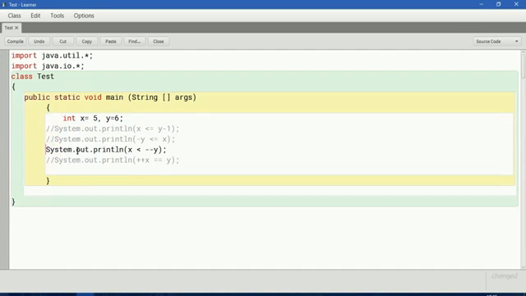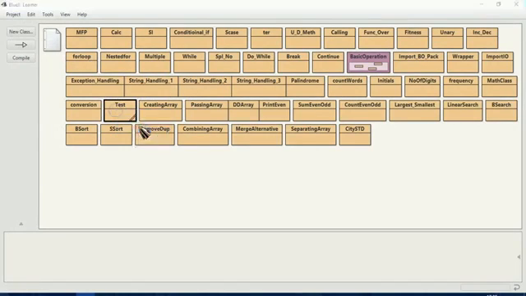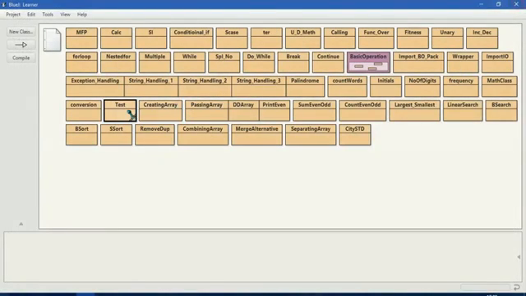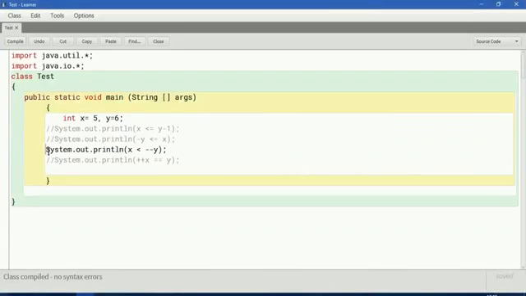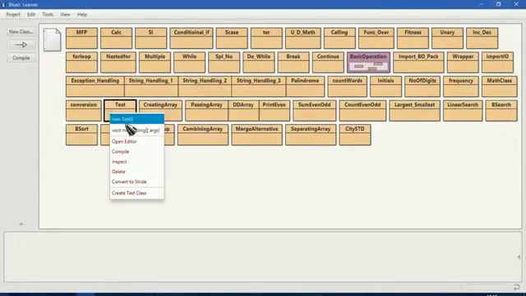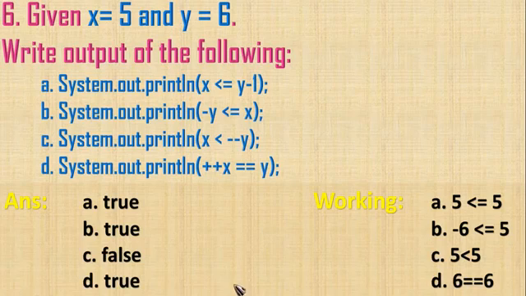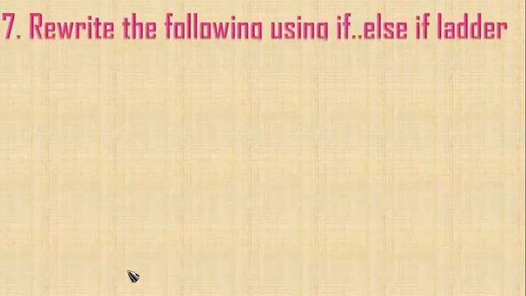Third one, false. True. So true, true, false, true, as we have seen in the result. Let us go to next question.